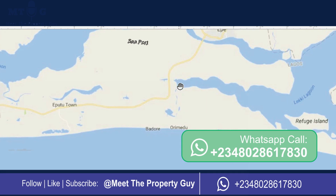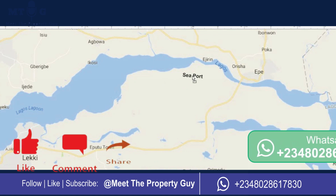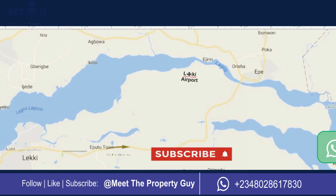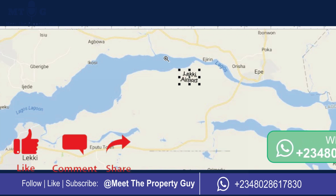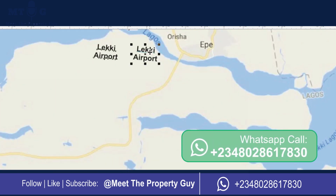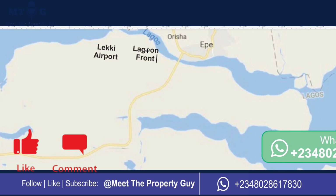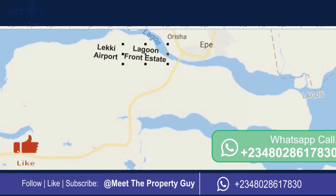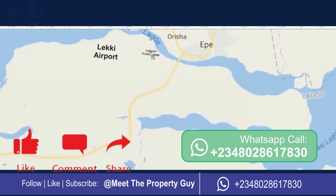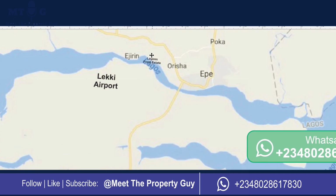and then the airport is at the Lagoon side, which is somewhere around here. Lekki Airport. Alright. So somewhere around here we have Lagoon Front Estate. It's a waterfront. It's located somewhere around here, and at the opposite side of Lagoon Front, somewhere around here,